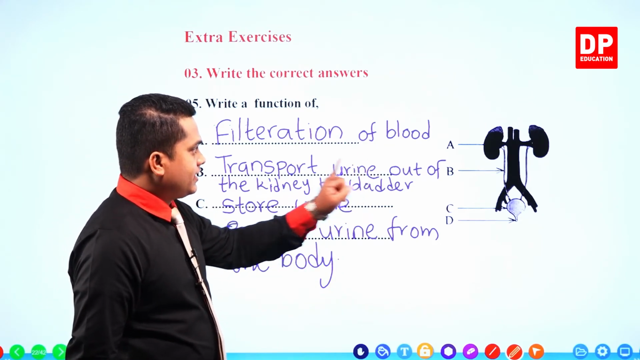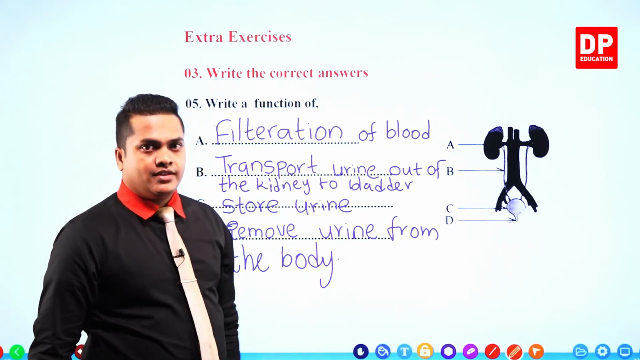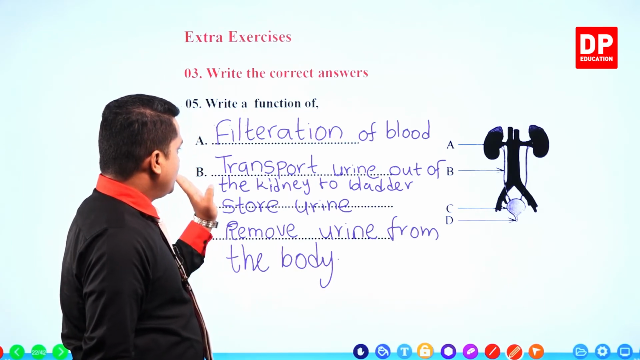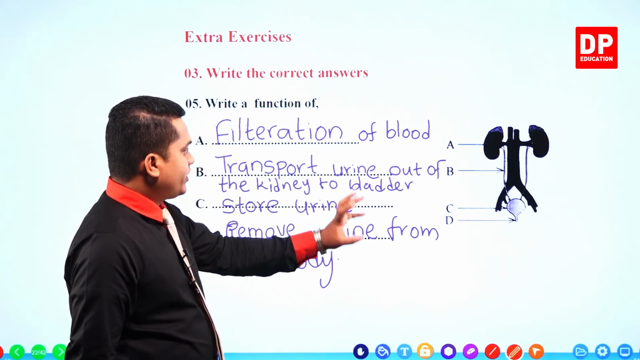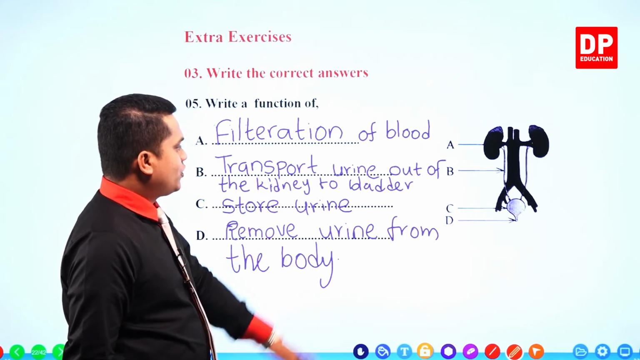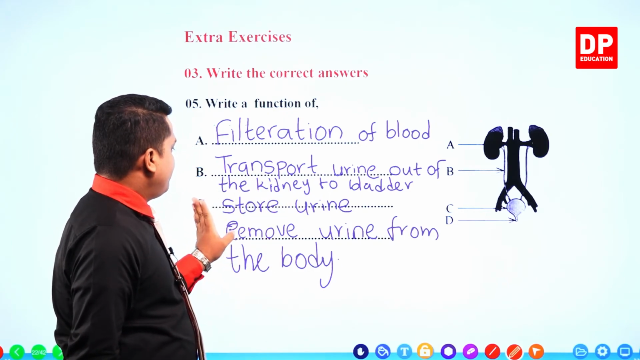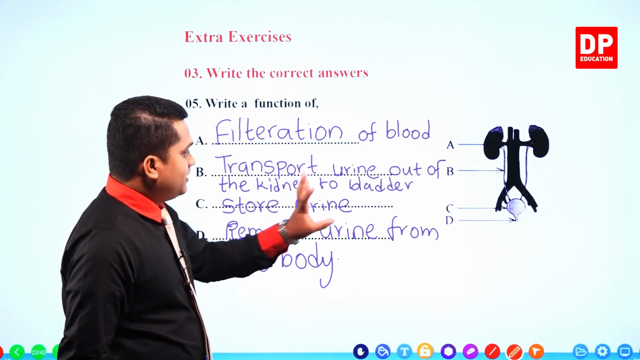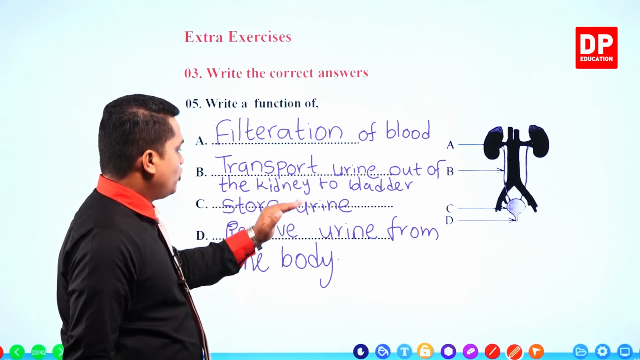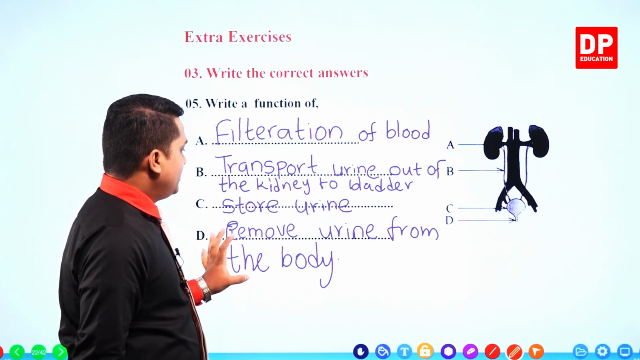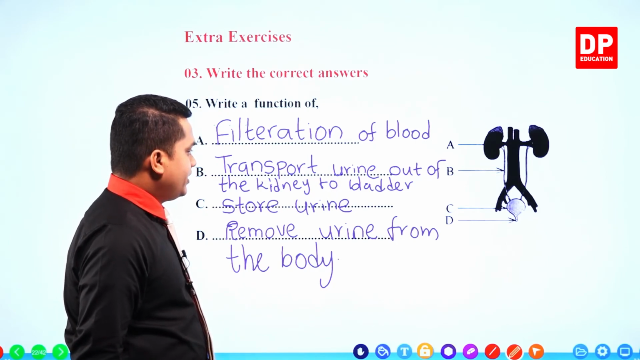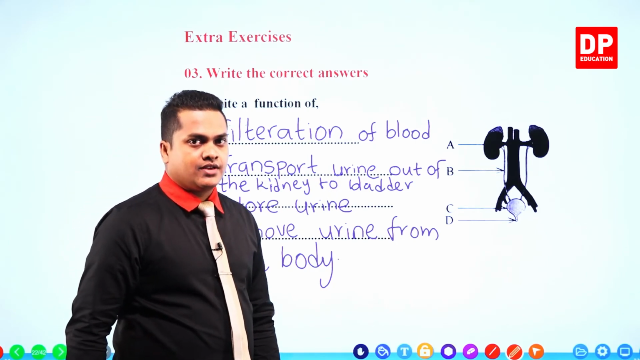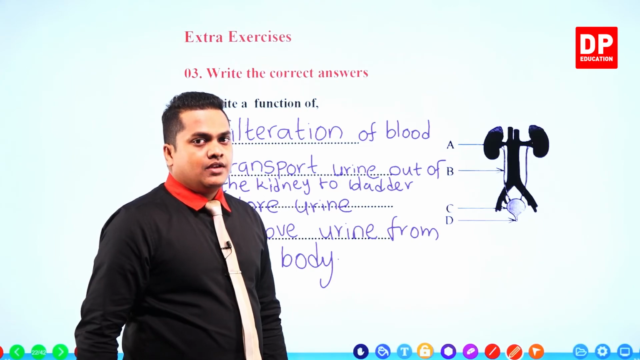A, the kidney, which is going to filter the blood. B, the ureter, which is going to transport urine out of the kidney to the bladder. Then C, the bladder, it's going to store urine. Then D, it's going to remove urine from the body, which is the urethra, right? Okay then,